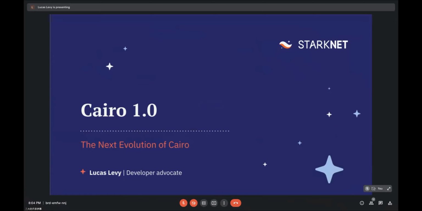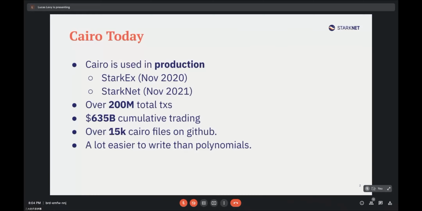Okay, thanks. So let's speak about Cairo 1, the next evolution of Cairo. Cairo today is a programming language that is kind of hard to use, but it has been used in production for about 2 years now. It started with StarkEx, which is our layer 2 application-specific rollup, and a year after with StarkNet, which is the layer 2 that you all know.